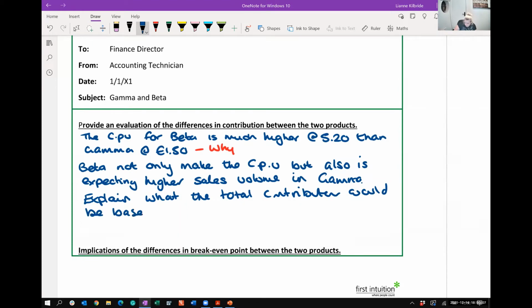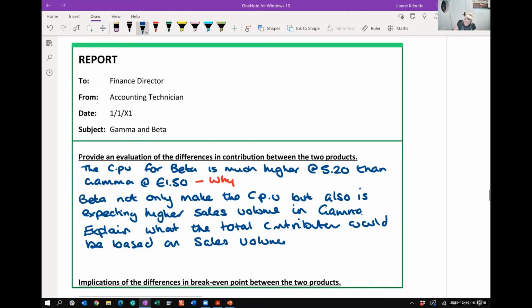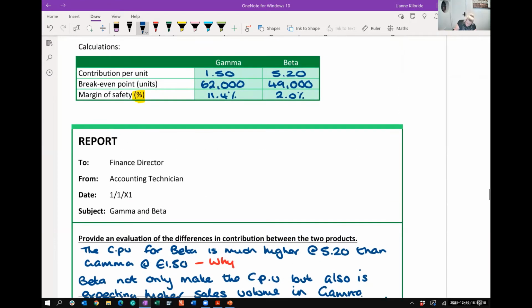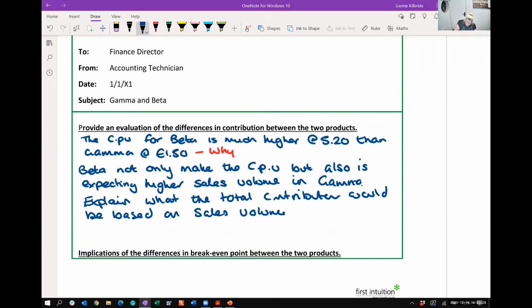Based on sales volume. Okay, add your figures into there. So you've got your £1.50. If you say to gamma, you've got your £1.50, multiply that by your 70,000 units. That's going to give you a contribution there. So 70,000 units, multiply that by 1.50,